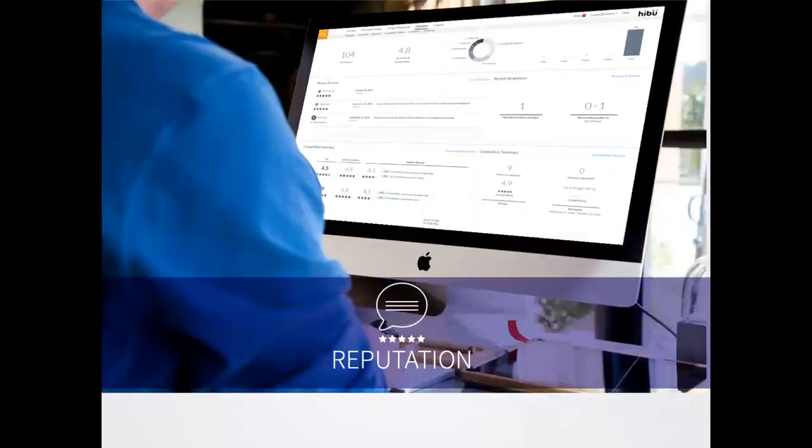When it comes to Hibu reputation, there are some key metrics to focus on here. If you remember, when we rolled out reputation, we said that reputation has 3 core components. That it's important to monitor what's being said about a business, it's important to respond to what's being said about a business, and it's important to know how they compare to their top competitors. So with those 3 features of reputation in mind, monitor, respond, and compare, that's how I like to break down